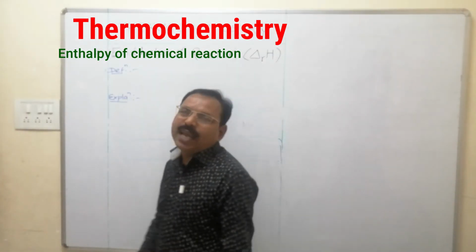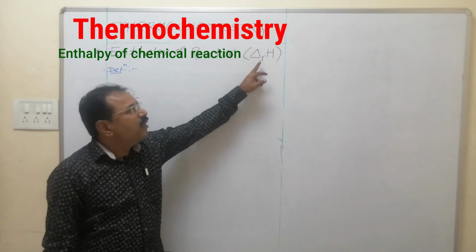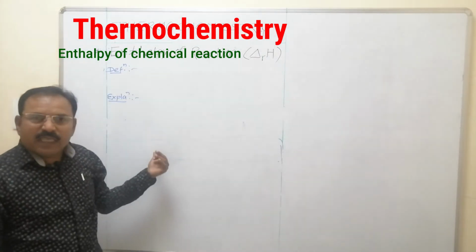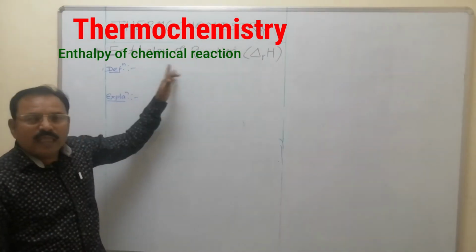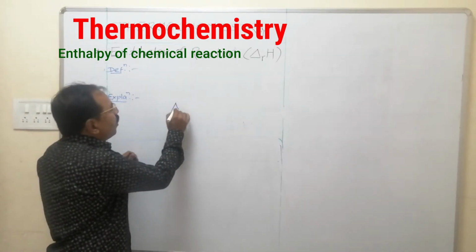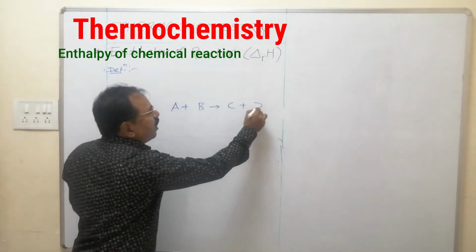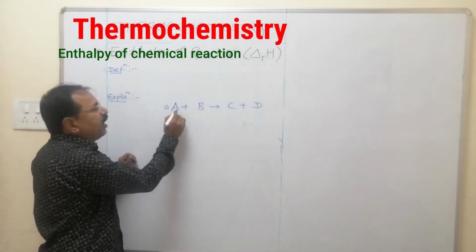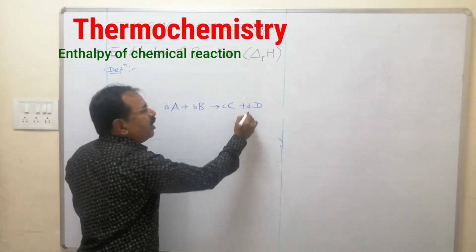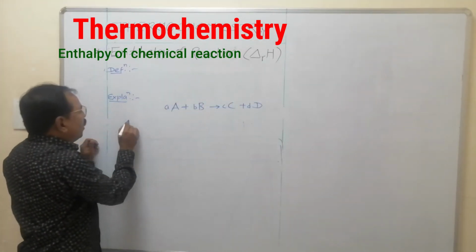First, enthalpy of chemical reaction. The enthalpy of chemical reaction is denoted by delta r at the bottom in front of this capital H. First we can see the expression and then the definition of enthalpy of chemical reaction. Let a chemical reaction A plus B give products C plus D, with coefficients of reactant A as small a, reactant B as small b, product C as small c, and product D as small d. The enthalpy change of this reaction is delta rH